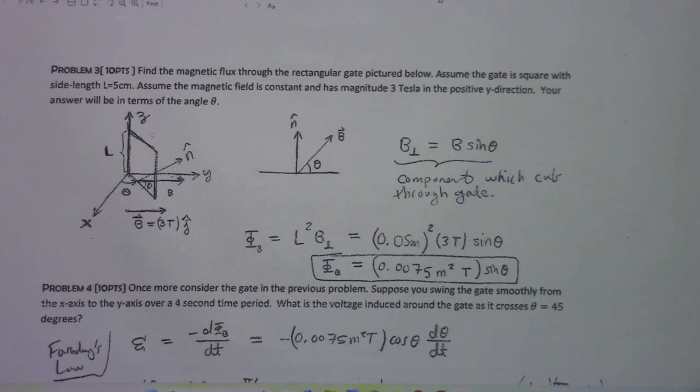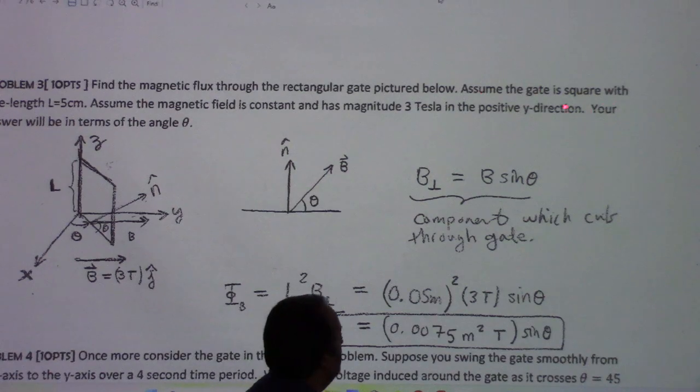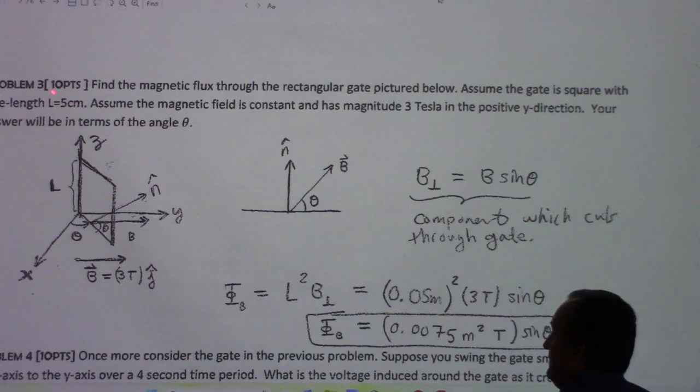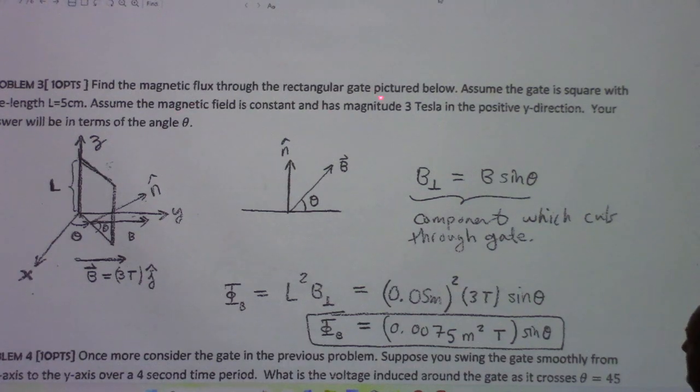Here's another example. Again, this is from test 3 of yesteryear. Find the magnetic flux through the rectangular gate pictured below. Assume the gate is square with side length 5 centimeters. Assume the magnetic field is constant and has magnitude 3 Tesla in the positive y direction. Your answers will be in terms of angle theta. All right, so